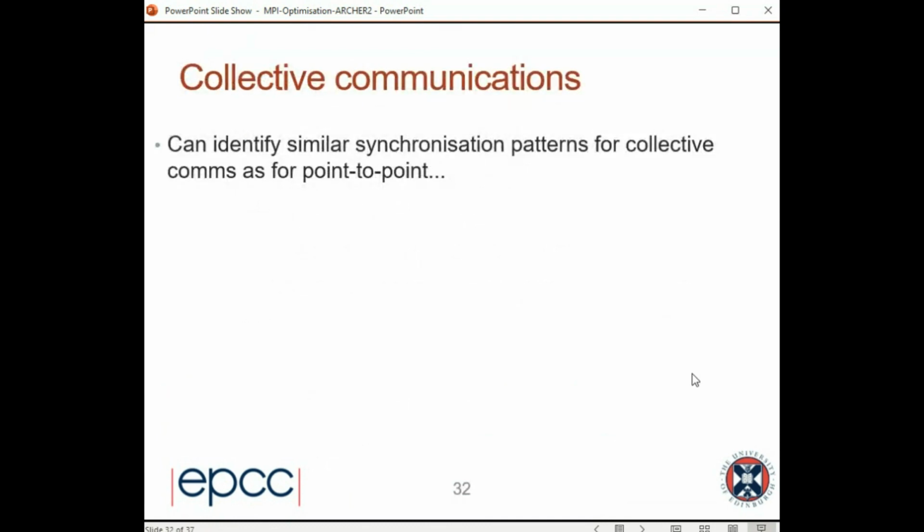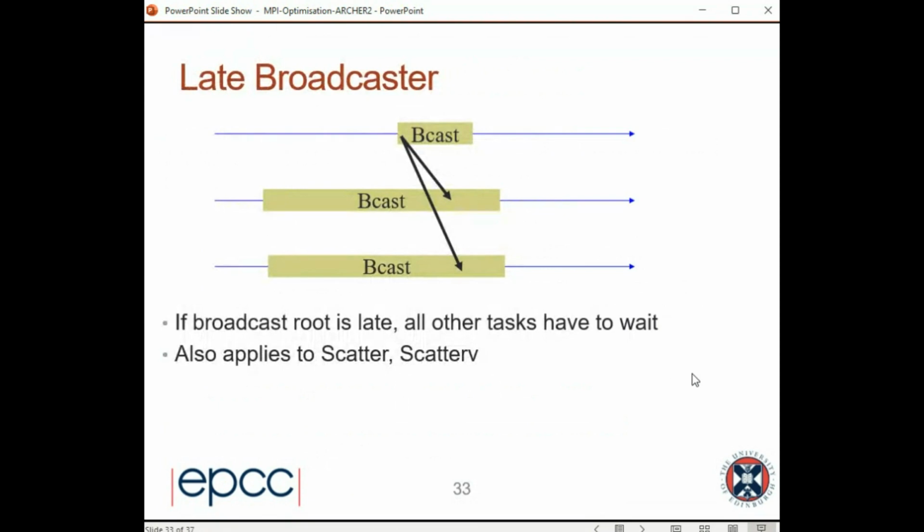We get similar patterns for collectives, like we do for point to point. So, for example, if you're doing a broadcast, this is a classic situation which you'll see, and the classic model you might have at the start of a code is if I'm rank 0 reading the data, then broadcast it to everybody. What happens is that everybody except for rank 0 isn't reading in the data, so they go into the broadcast straight away, but they wait for a long time till, in this region here, rank 0 is doing the I/O, reading it from a file, and then it can broadcast the data.